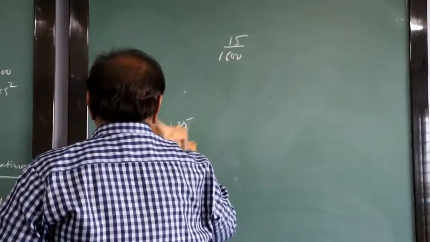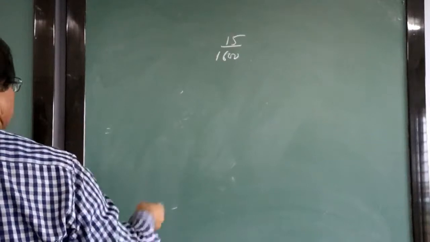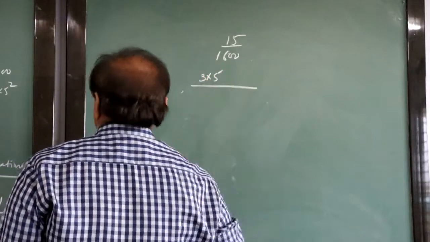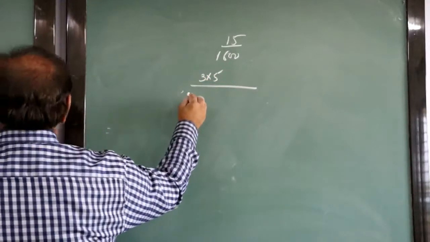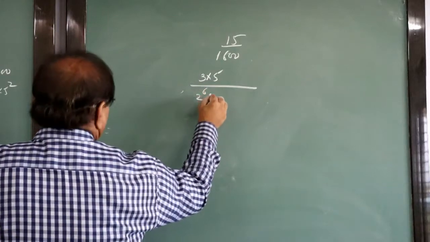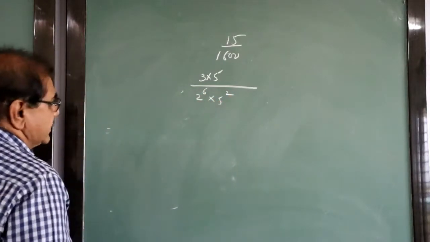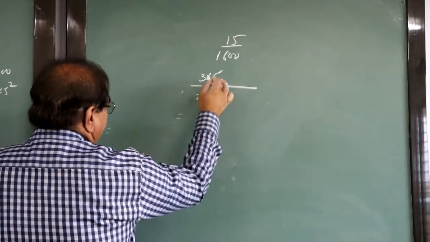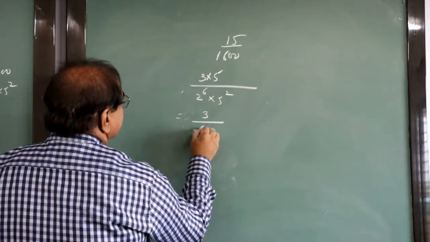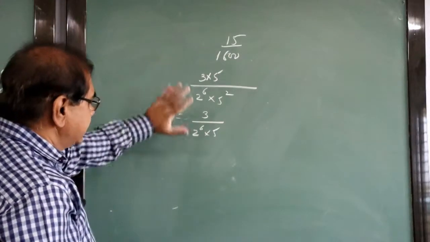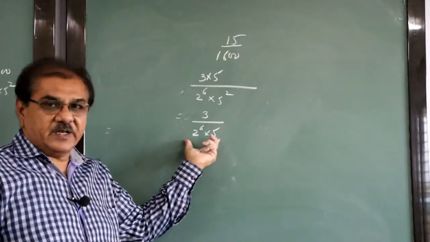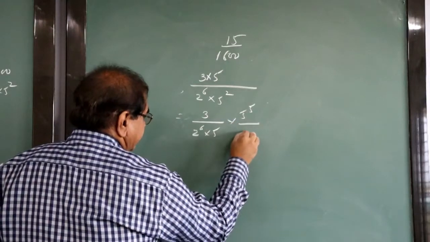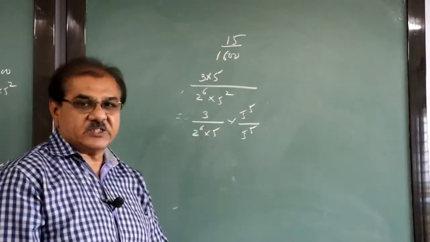Okay. So first of all, 15 is 3 5s are 15, and 1600 we previously factorized. It is 2 raised to 6 into 5 raised to 2. First of all, we simplify it. 5 is there, and it is 5 raised to 2 here. So 5 cancels. So 3 upon 2 raised to 6 into 5. This is the simplification. Now to help the denominator end with 0, I want here 5 raised to 5. Then only it will make totally 5 raised to 6.